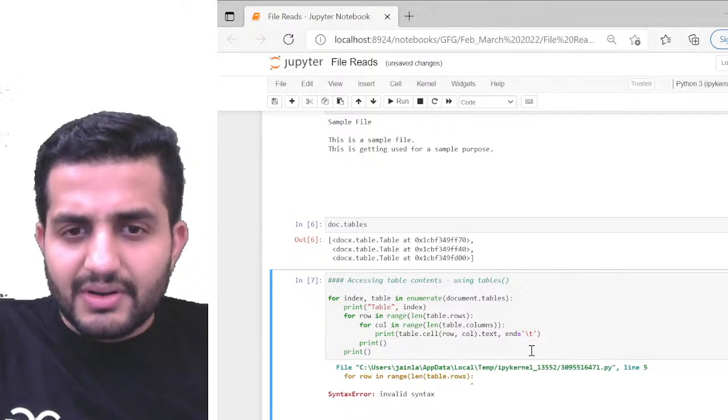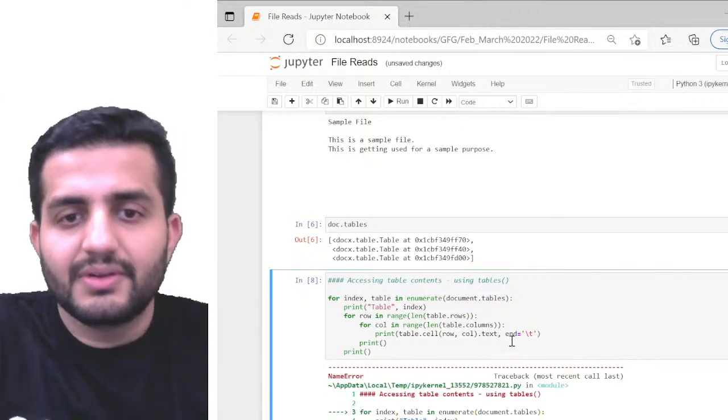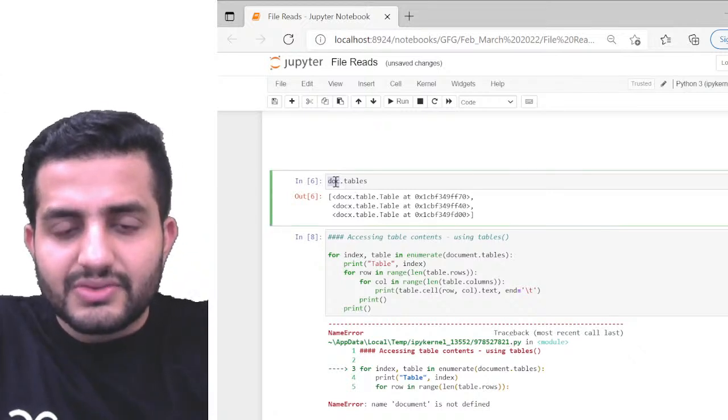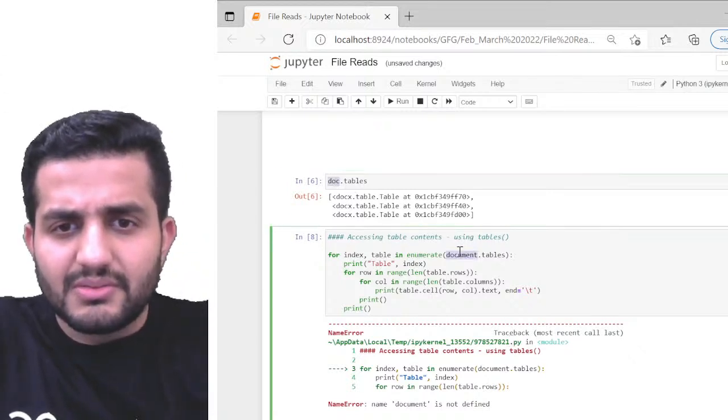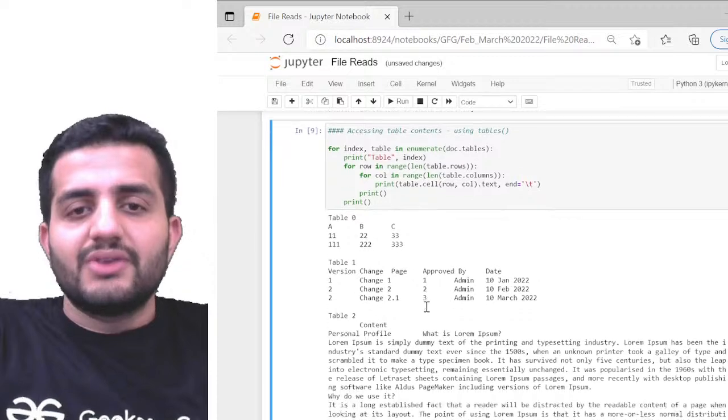what just happened? Give me a minute. I think I by mistake... Document is not defined, so it's a doc element. Just give me a minute. So it's going to be doc, and then I think this should be fine, right? So now can you see this?